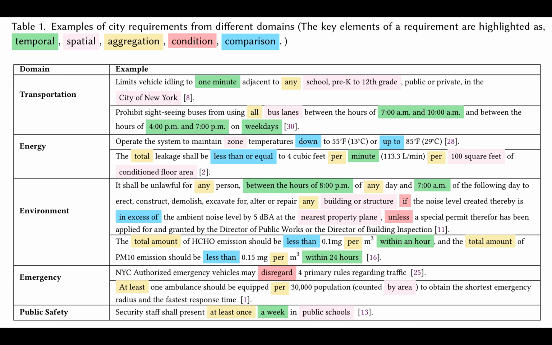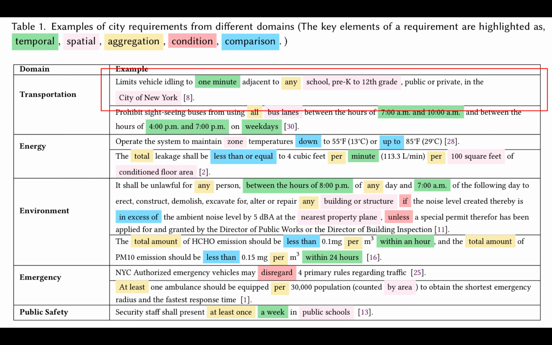As highlighted by different colors, we identified key elements such as temporal, spatial, aggregation, condition, or comparison. Let's look at one requirement. For example, the first one says limit vehicle idling to 1 minute, and this is temporal. Then it says any schools, including pre-K to 12th grade.